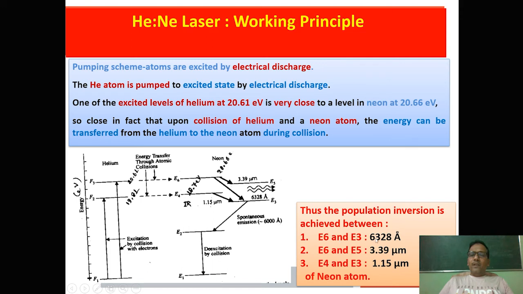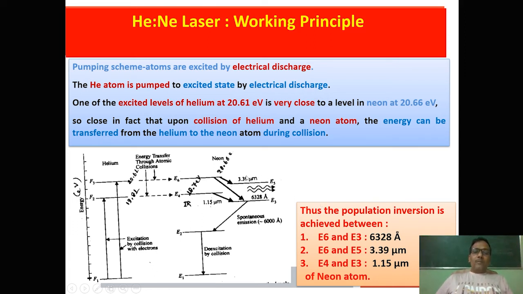The population inversion condition is maintained between E6 and E3. This is E6 and this is E3. Second, the population inversion condition is maintained between E6 and E5. This is E6 and E5. And third, the population inversion condition is most probably maintained between E4 and E3. So whenever and wherever the population inversion condition is maintained, when it gets some photons from the Fabry-Perot resonator through a spontaneous process, because there is obviously some probability of spontaneous emission,